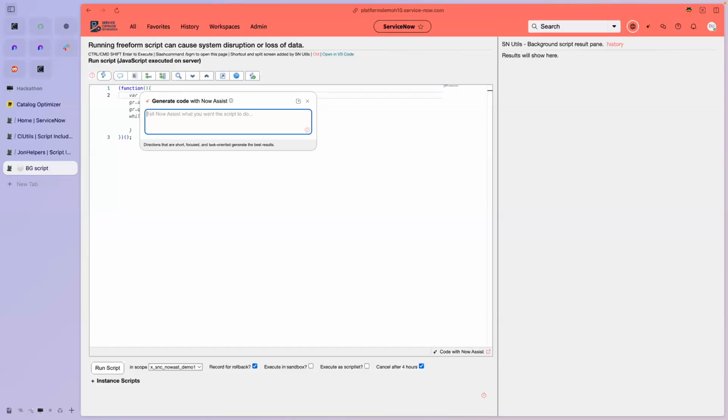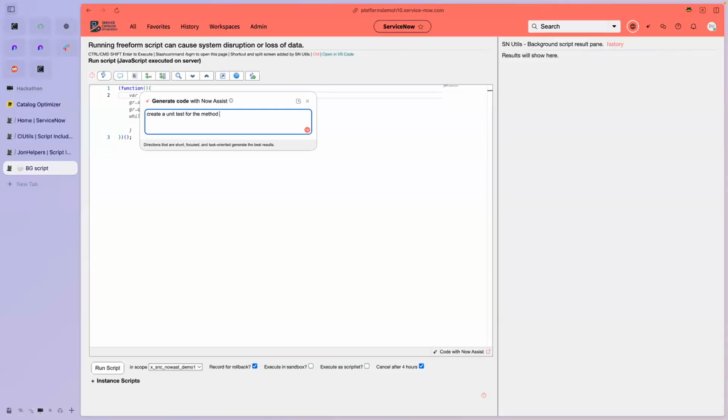It's not one of those things that only works in script includes or business rules. Even here, although this is thanks to our new CUI, I think, you're able to get access to Gen AI, which is really nice. And you can do it in global scope apps. That's great. So yeah, create a unit test